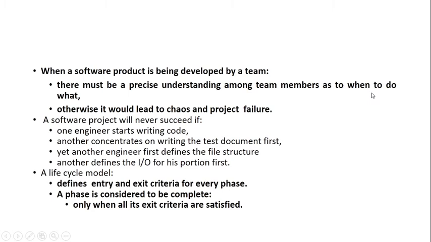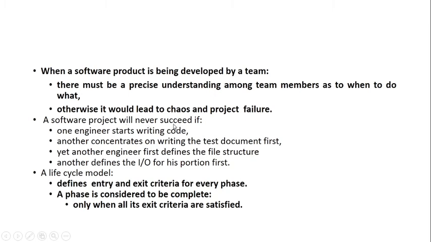हमें कब क्या करना है, right? Since it is a very large and complex project, a single person cannot decide it. Multiple people, like thousands of people, are working on a project. So that has to follow a strict regime that is given by the model. Otherwise, it would lead to chaos and project failure, right? So this is what we are trying to avoid by using a phase development approach.